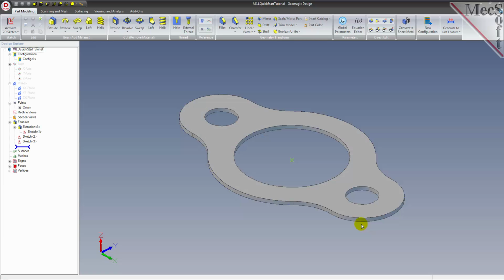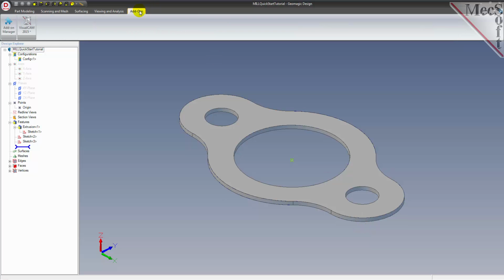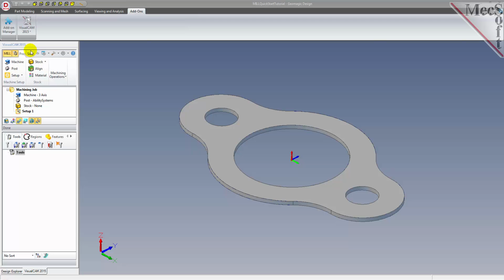To launch the Visual Cam Mill module, select the Add-ons tab from the ribbon bar. You will observe an entry called Visual Cam 2015 on the ribbon bar. Selecting this button will display a drop-down menu from which one of the three machining modules can be chosen. Select the mill entry and this will create the Visual Cam 2015 dialog bar as a separate tab next to